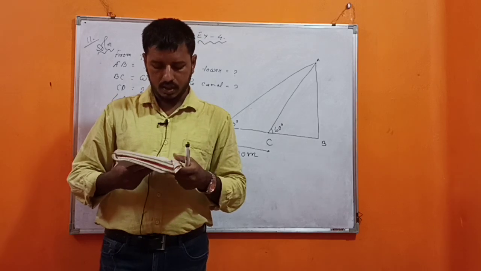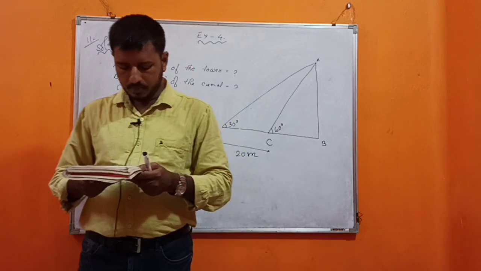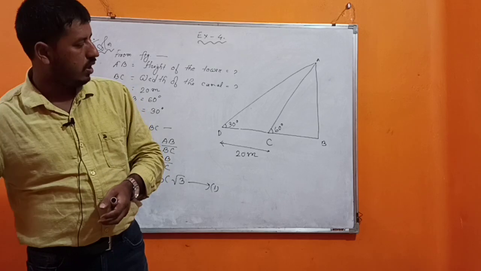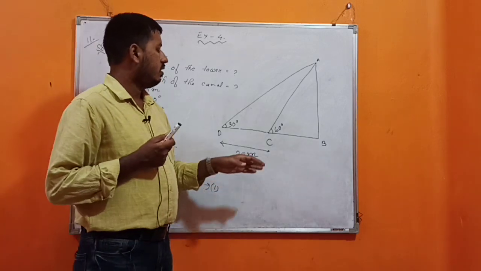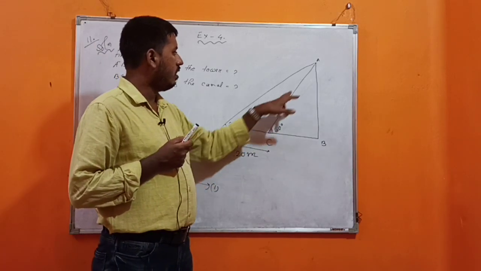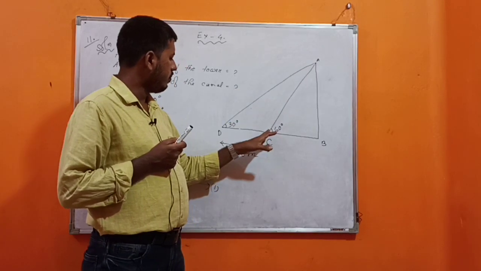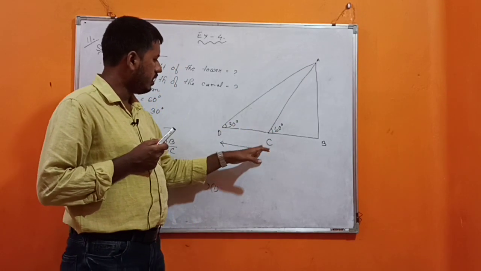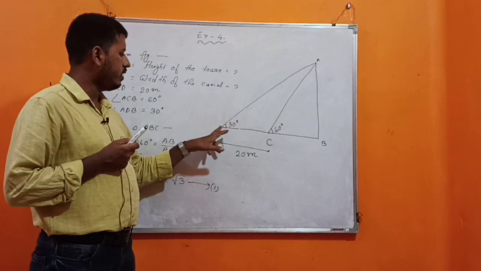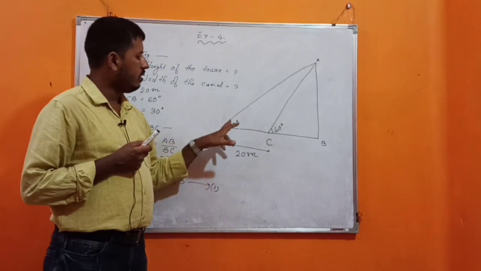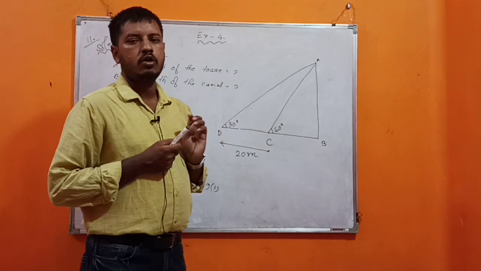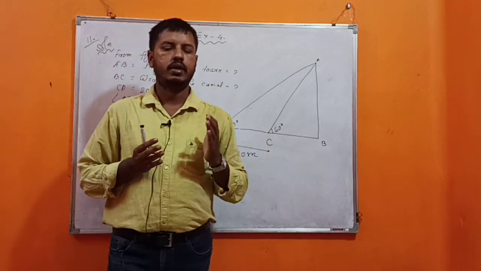side of the canal. Okay, from another point which is 20 meter away from this point, that is the point where the top of the TV tower makes angle 60 degree, another point which is situated 20 meter away from that point, that is the point is D, and the angle of elevation from that point to the top of the TV tower is 30 degree.